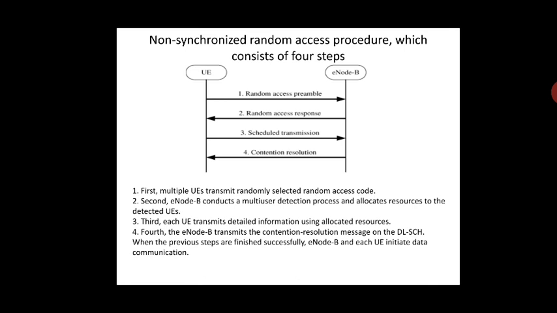In the first step, it is based on the information obtained from the E node B. Because the E node B is every time broadcasting the information, the UE randomly selects a random access preamble and transmits it on the physical channel, through the PRACH.